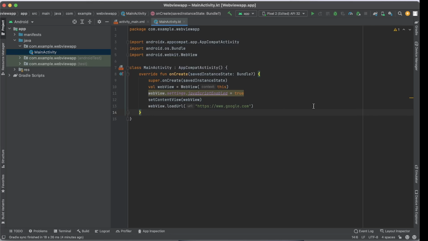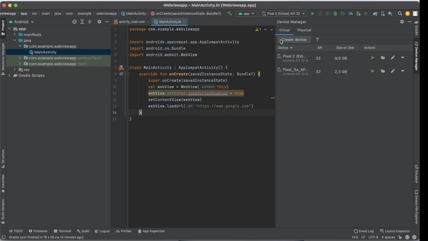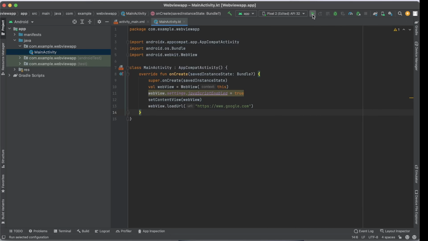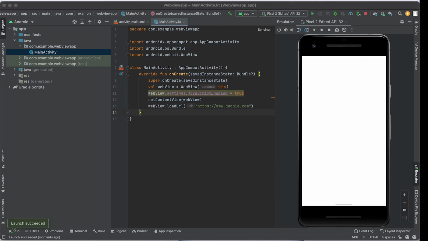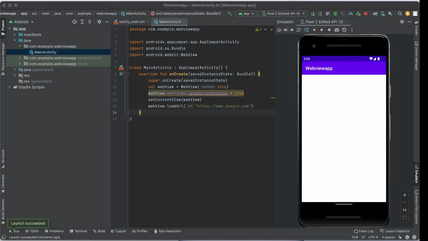Then the next step now would be to run an emulator or simulator. So if you don't have one set up already, you have to come to these devices and create a new device. But since I already have the Pixel 2, I'm just gonna use that one. So I'm just gonna press on this button, which will run the app, or you can use Command or Shift R to run the app. Okay, so this is what you see. You'll see that we don't have our web view,